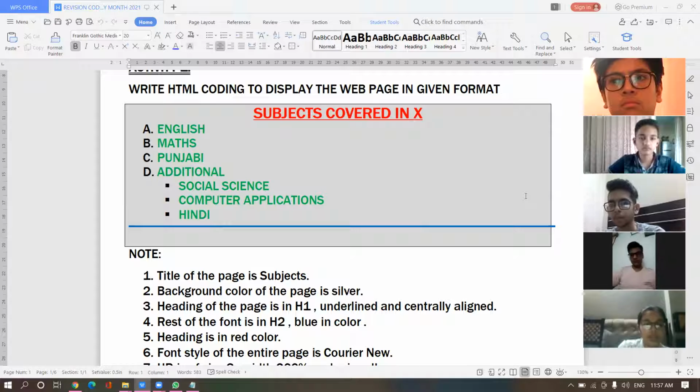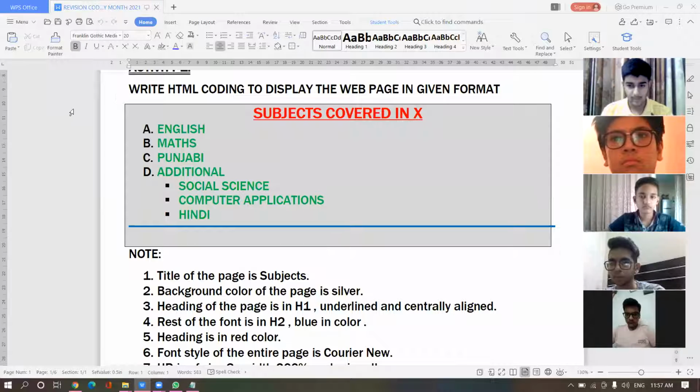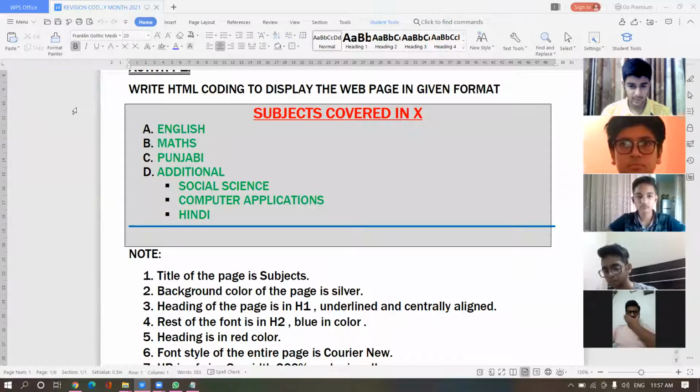Yes, Jasleen. Ma'am, nested list. Nested list. When in a web page more than one list is there, but not separately, it is a combined list. One list is having another list inside it. If another list is inside a list, that is called a nested list.